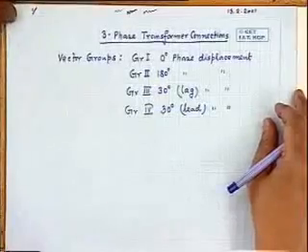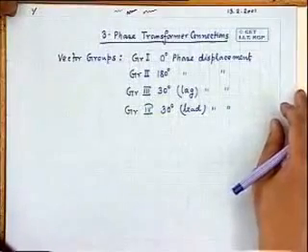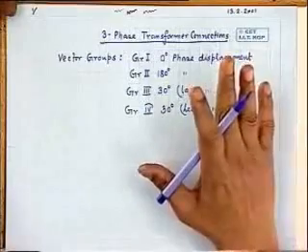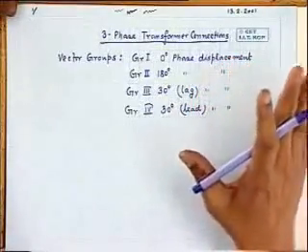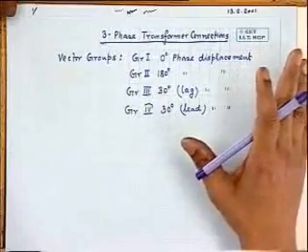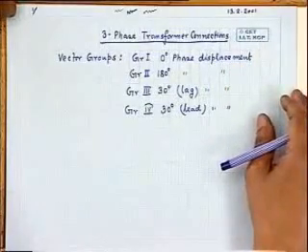So, three-phase transformer connections, this topic we are discussing, and I told you that there may be several connections: delta-star, star-star, star-delta, like that for a three-phase transformer. Now, while drawing the phasor diagrams of the primary and secondary voltages, we noticed that the voltages on the primary and secondary sides may be in phase or out of phase in case of star-star connection, or it may be 30 degree leading, 30 degree lagging, like that.